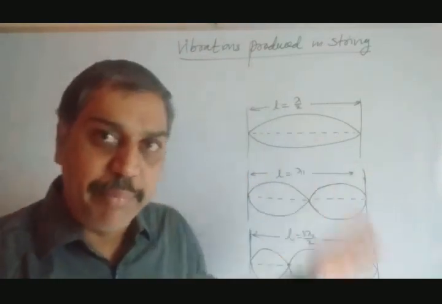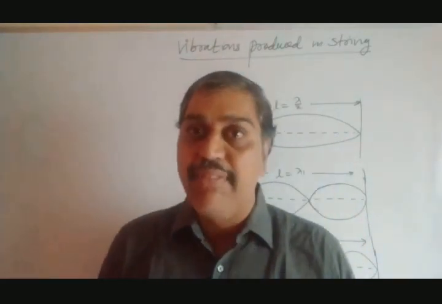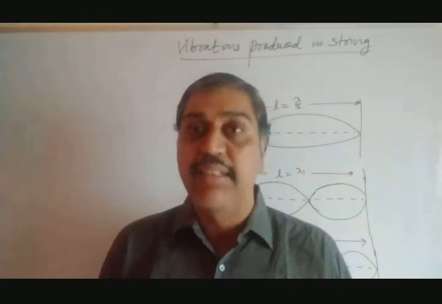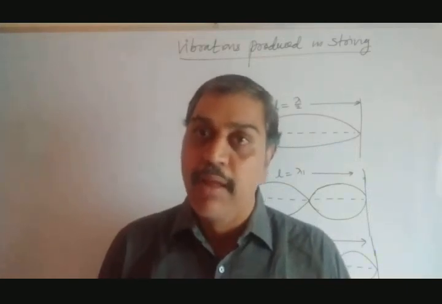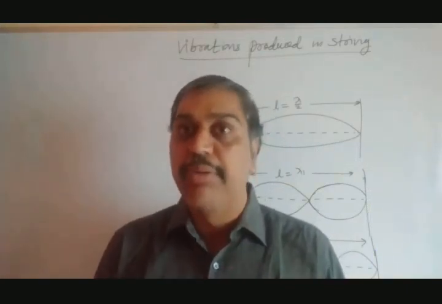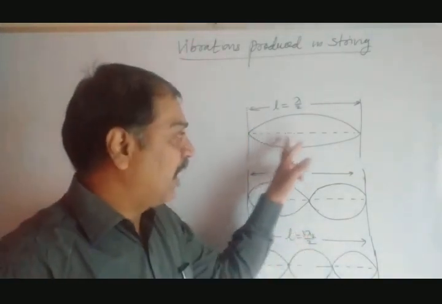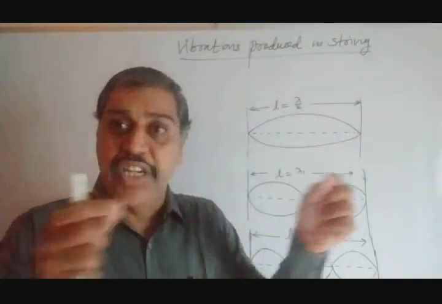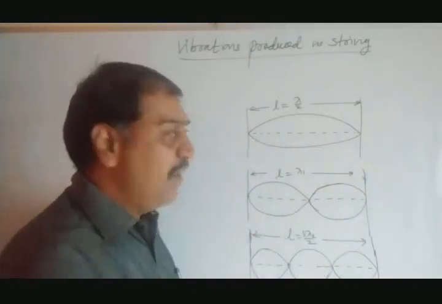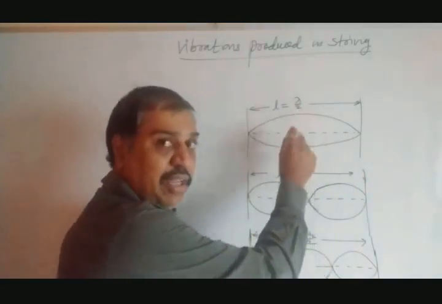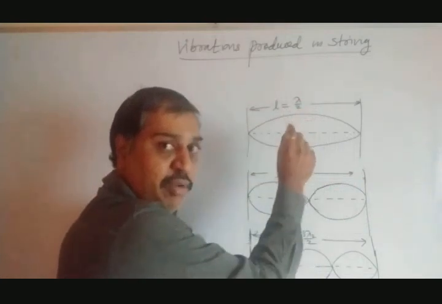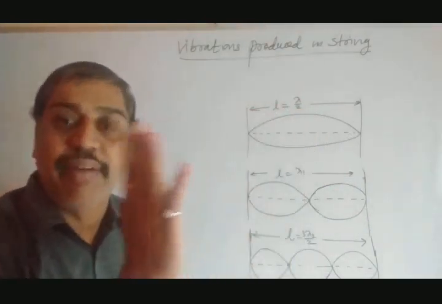That is the vibration of a string. What does it mean when a string vibrates? When the string is stretched between two rigid supports. I have drawn the diagram here. This dotted line represents the stretched condition of the string. After that, when we pluck it at the center, apply a small force at the center, move it up and leave it, it starts vibrating.